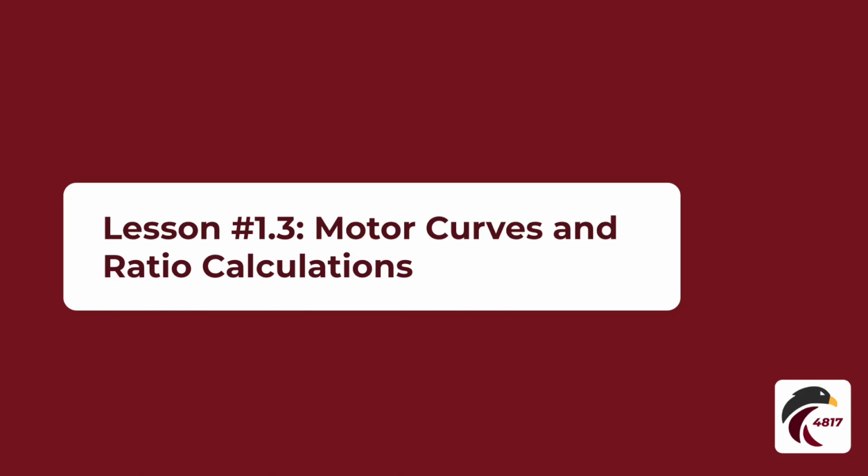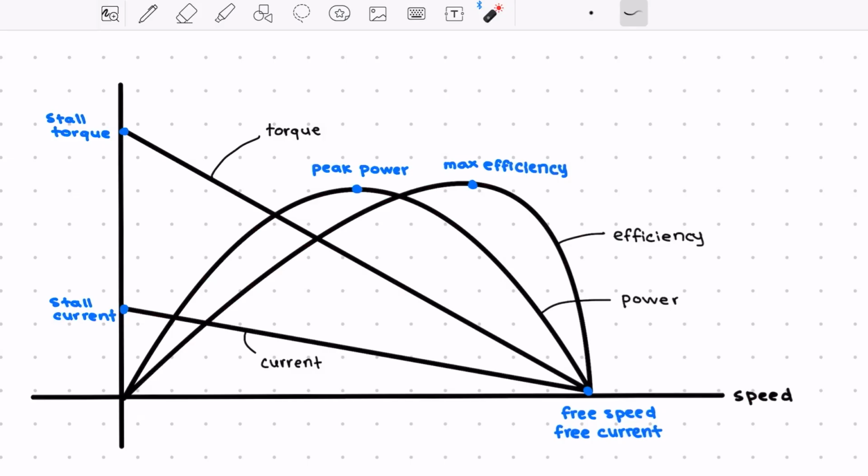As part of the summer CAD training, this is an explanation video on motor curves and ratio calculations. So motor curves are basically a way to gather information about 5 parameters: speed, torque, current draw, power, and efficiency. And there are a couple of key metrics that you should be able to identify and know what they mean